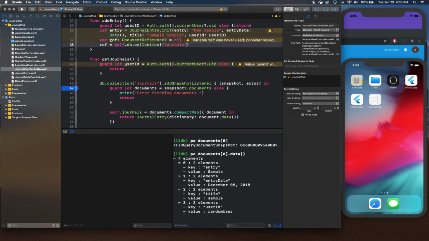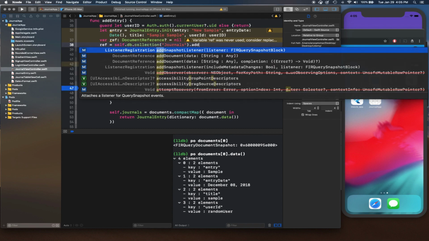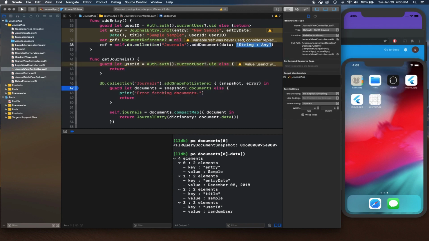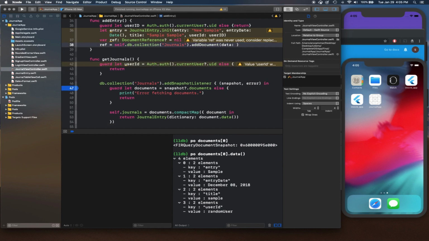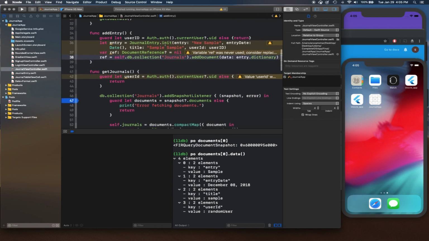So we're going to paste that, dot add document, and we're going to use our overload for entry dot dictionary. It's going to give us the dictionary form of this journal entry back, and we're going to add that as a document. And then for the completion,